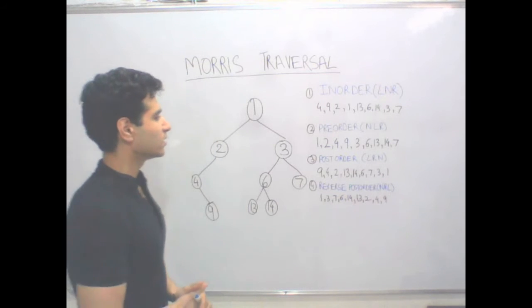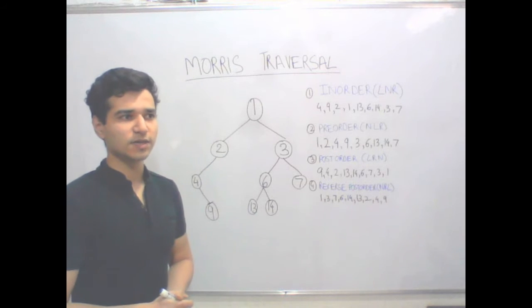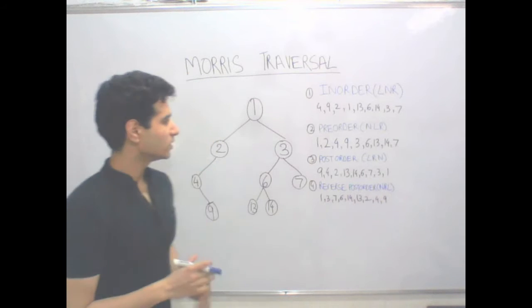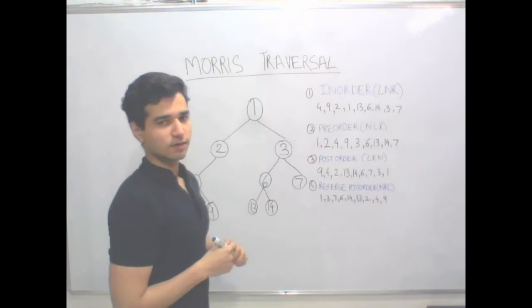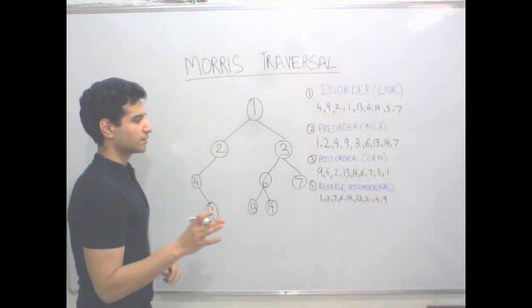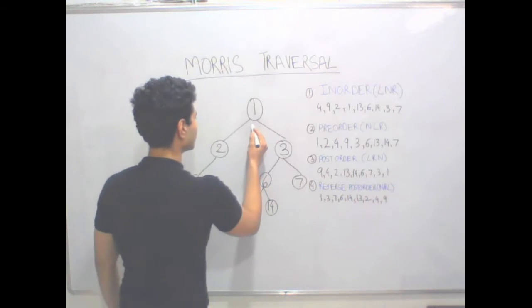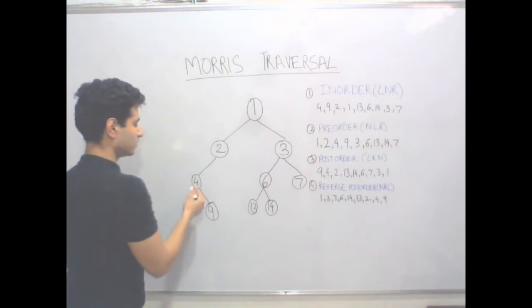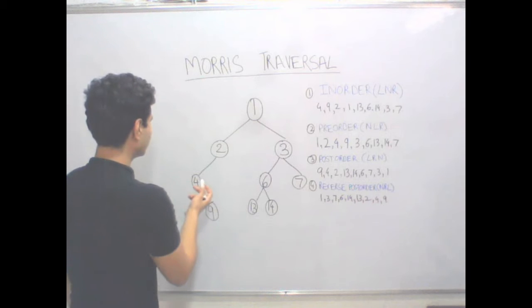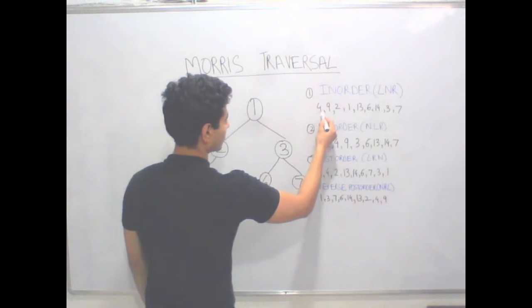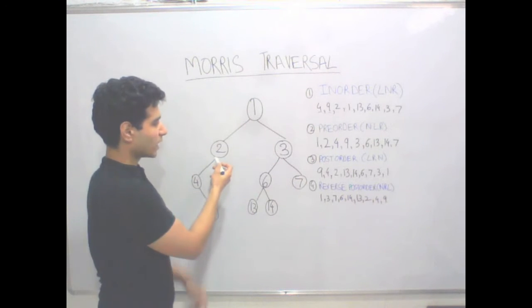Let's first find the intuition of why there is a problem, why we need space, and how to optimize it. In normal recursion for in-order traversal, it is left, node, right. When we do in-order traversal, we are at the root, then we go left and left, and this is the leftmost node, as there is no more left pointer here. Then we can store this node and move right. We store 9. Now we have to go back to 2.